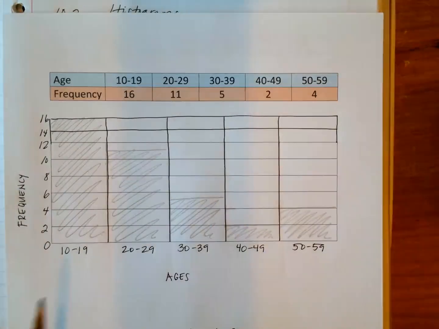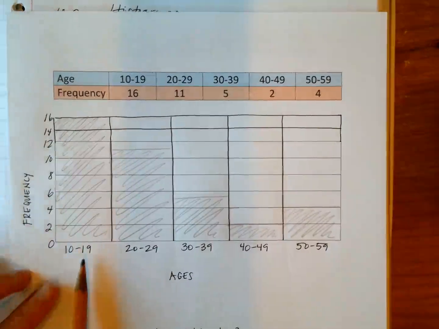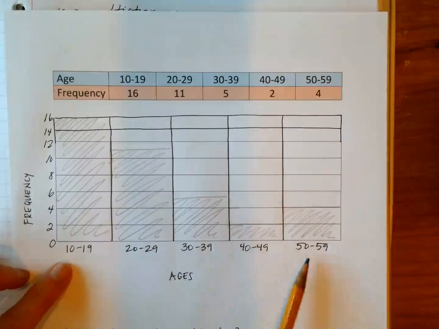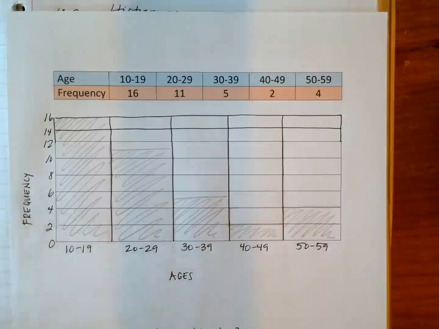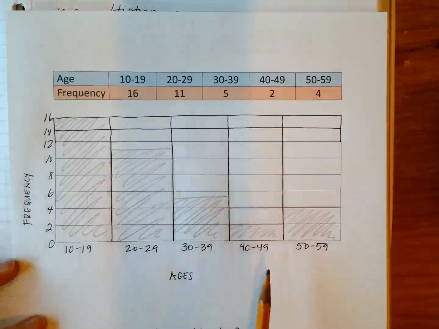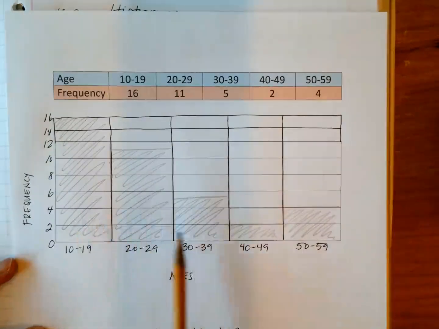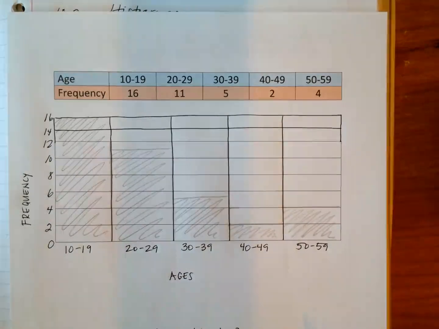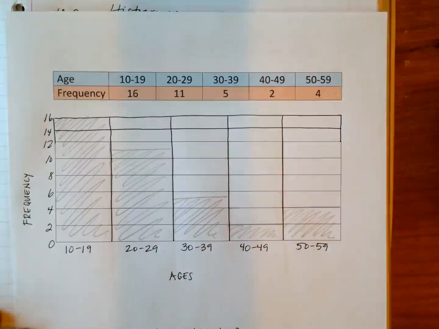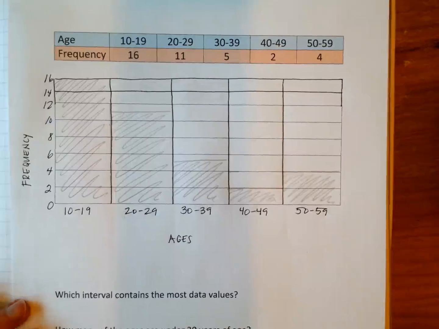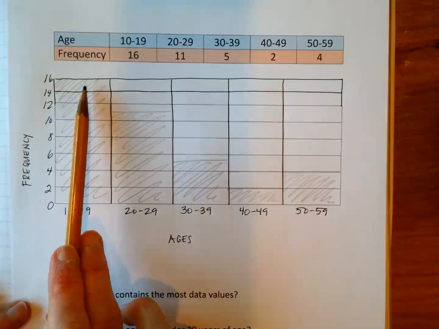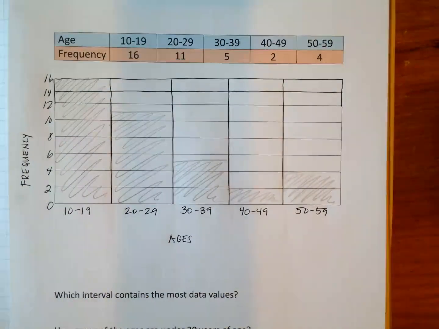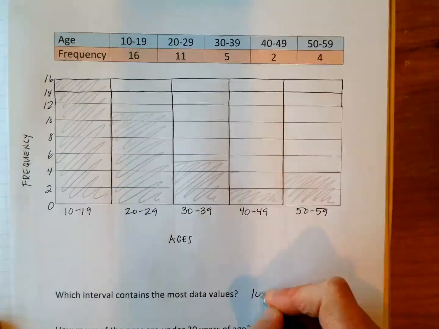And again, the difference between a traditional bar graph and a histogram is we are working with intervals rather than just single-digit numbers. Now we can start to answer some questions now that the graph is filled in. You can easily see within a bar graph which values are the least and which are the most. So question 1, which interval contains the most data values? I would simply look for the interval that has the highest bar,